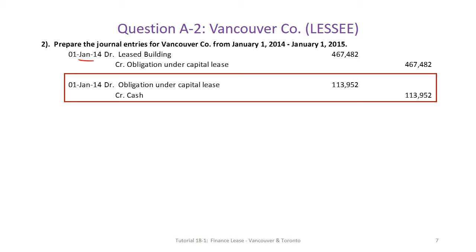Then immediately, also on the same day, we're going to record our payment. This is our initial lease payment. And so right away, there's a credit to cash and a debit to the lease obligation. Alternatively, this could be done in one journal entry where you have a credit to cash for $113,952, and then